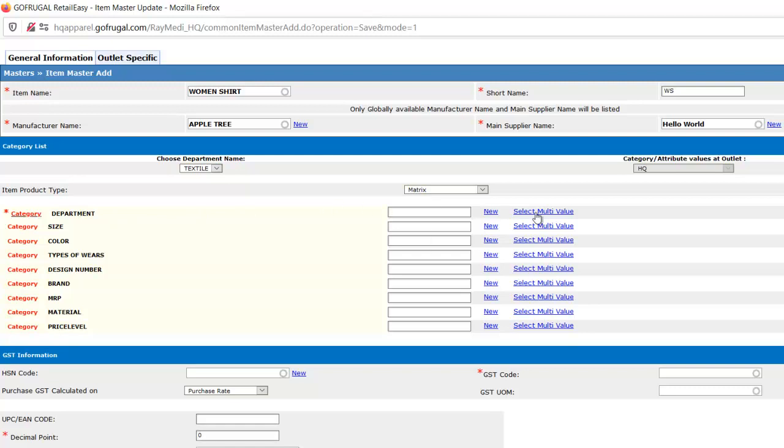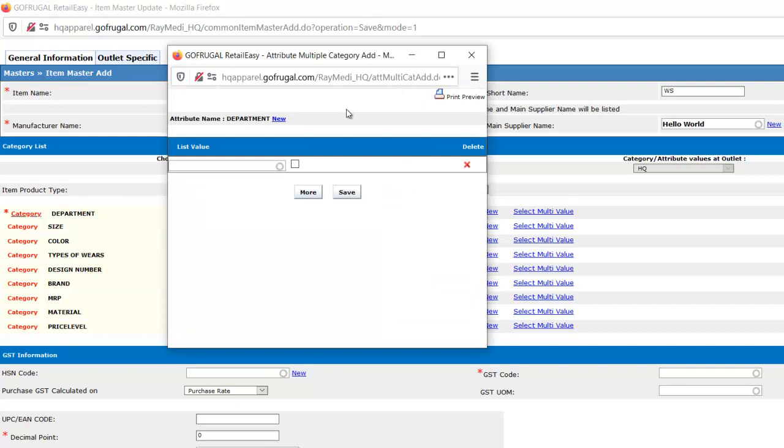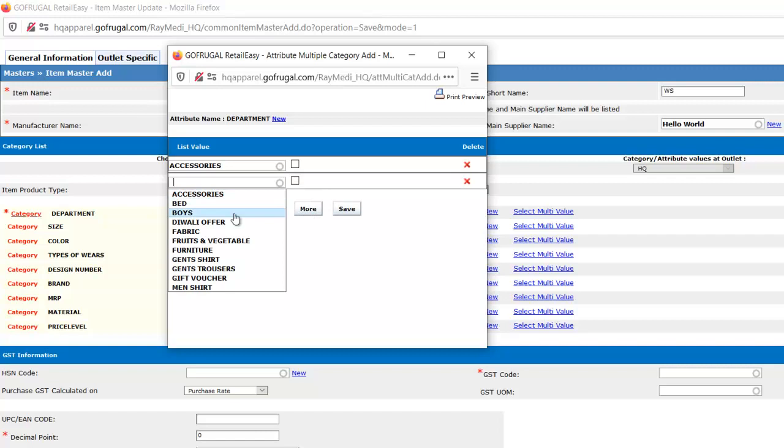For that, I have to press this select multi-value option. Another new tab will be opened. In this list value, I just have to press spacebar to see the existing records. I'm choosing accessories, and if you have to select more than one, just press the More key. Then another tab will be opened. Then you press spacebar to choose another one.